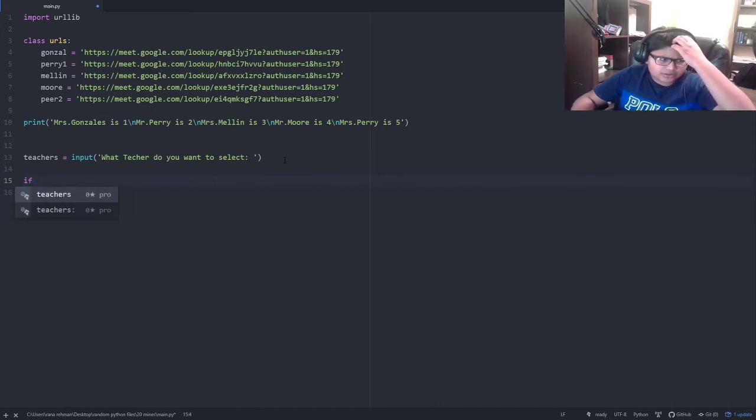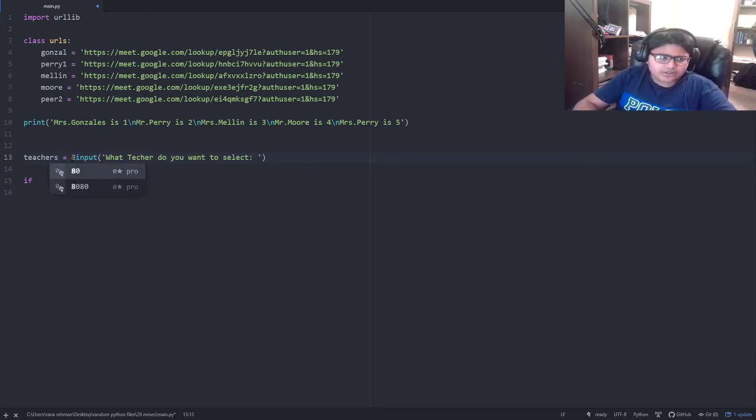What will I do? You know what? I'm gonna make it an int, or integer, short. I'm gonna make this an integer, so I'll take an integer. So int. So there we go. So if teachers is equal to 1, we'll say